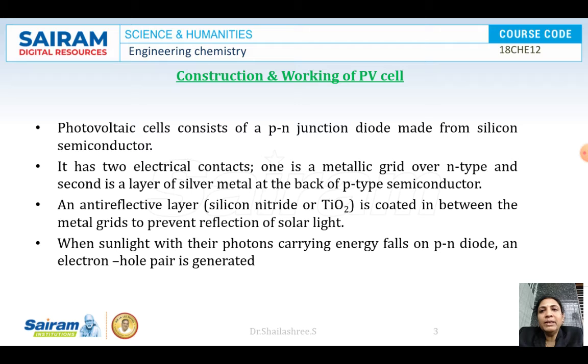Semiconductors are used in PV cells. What are these semiconductors? These are materials which are intermediate between very good conductors and insulators. Semiconductors are the prime materials used in solar cells, and they exhibit very low conductivity at room temperature. However, they become conductive at high temperatures or when impurity elements are added. The process of adding an impurity element is called doping.